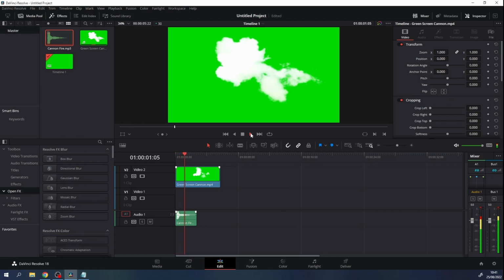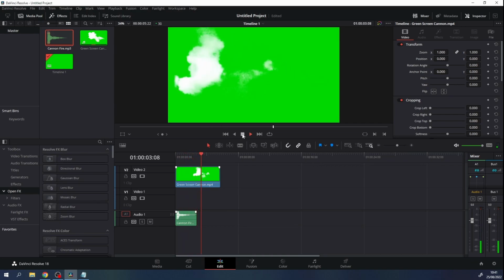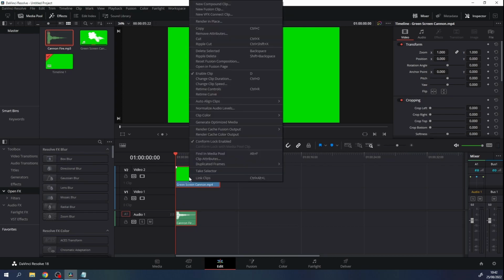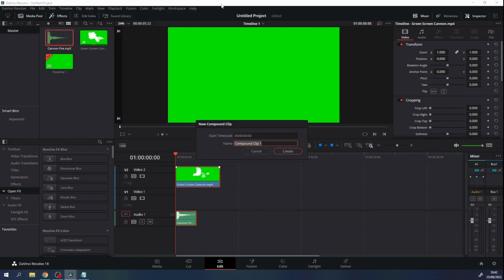But obviously, if we were to export this, you know, it's going to be absolutely rubbish. So what we want to do is we want to highlight these both first of all, okay? We're going to right click and we're going to go to new compound clip and we'll just call this cannon